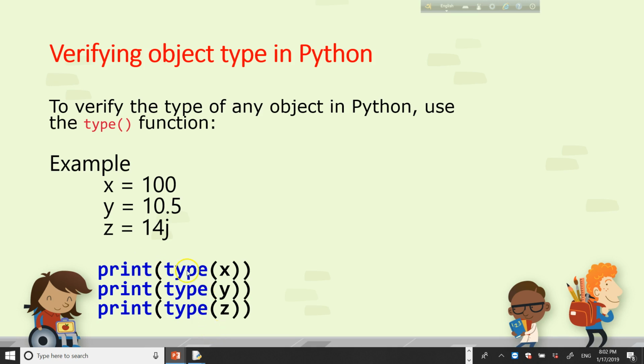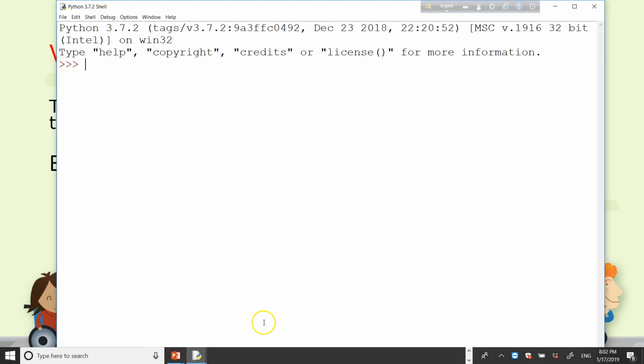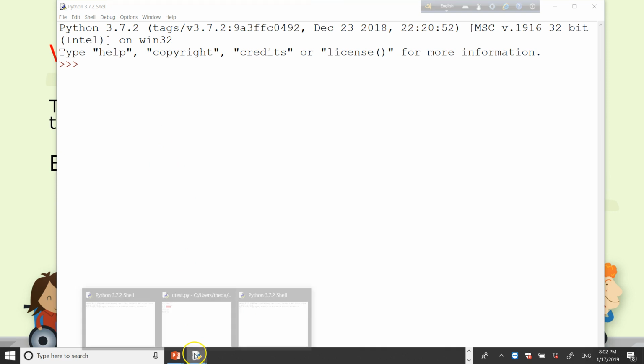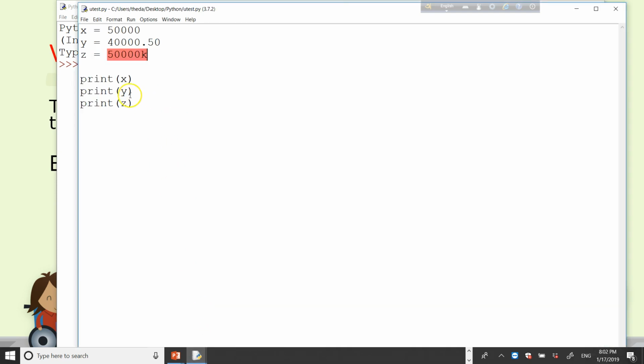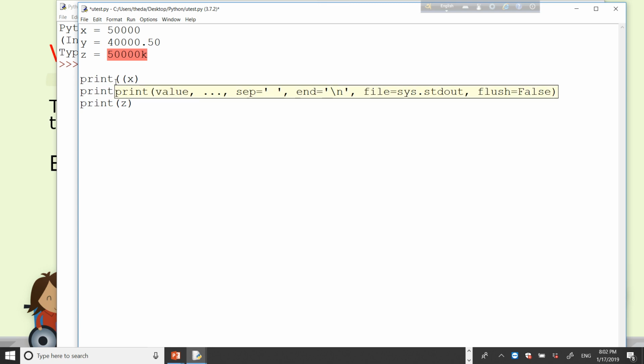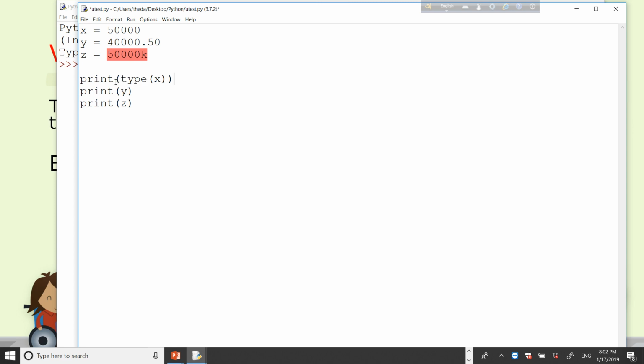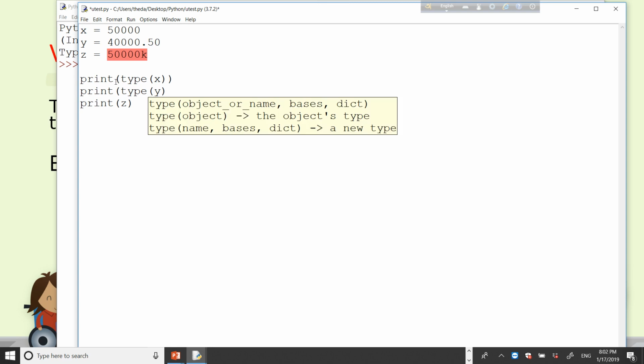You see, print type then x. So we can write and put